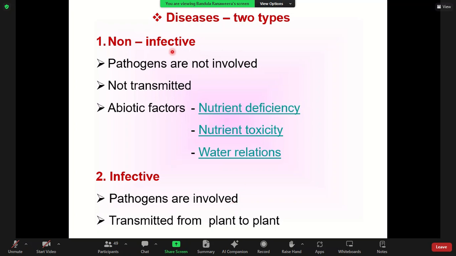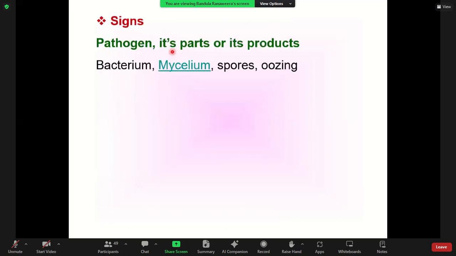As we mentioned earlier, signs of disease only appear in infectious plant diseases. So we have to think about the signs of disease. If they are appearing, that means an infectious disease is there